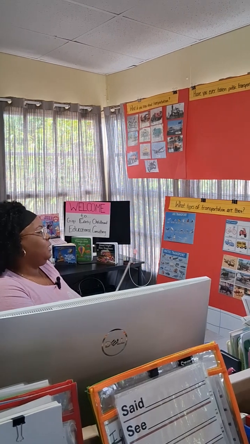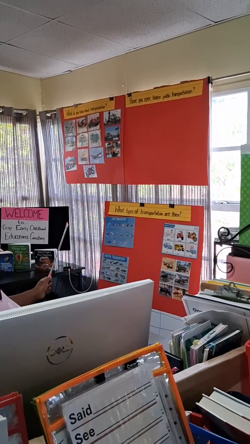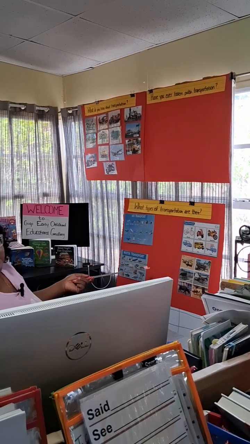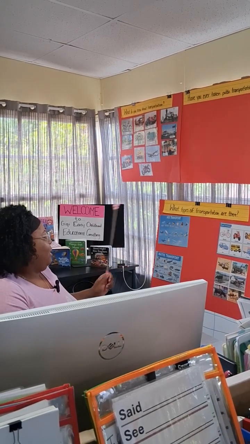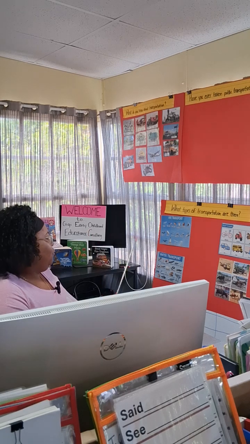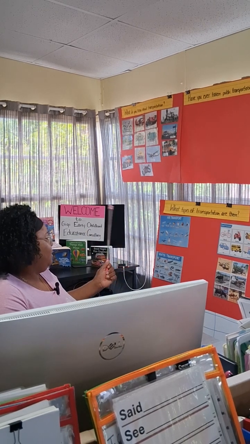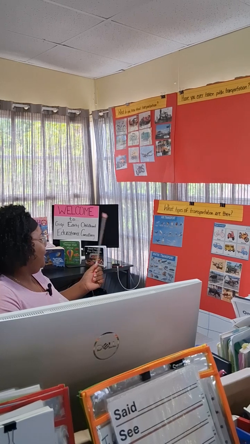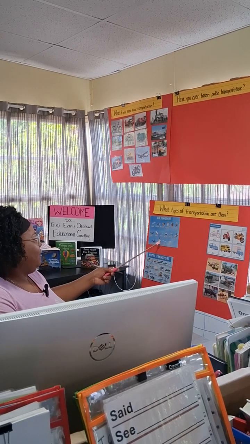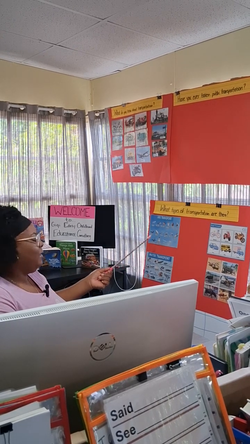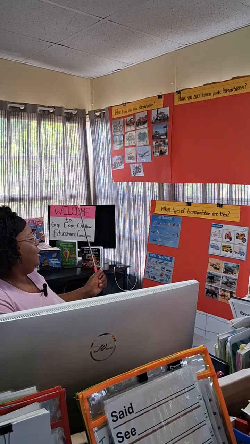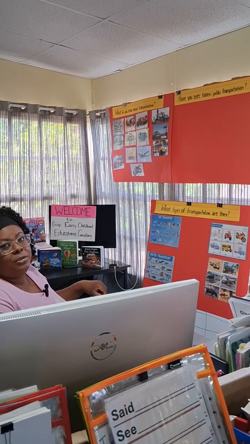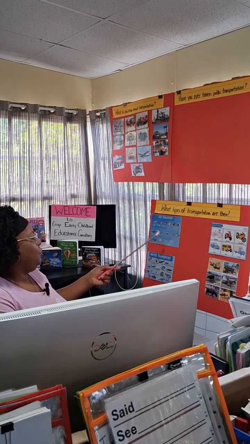So this is last week's discussion question. As you can see, we talked about four different types of transportation. We had air transportation, which we briefly discussed. We said airplane, helicopter. We also said a fighter jet. And there are a lot of names on here that we did not discuss. So I'm so glad that I found the names and am able to share them with you, so when you take that back to your classroom, you can share it with the children